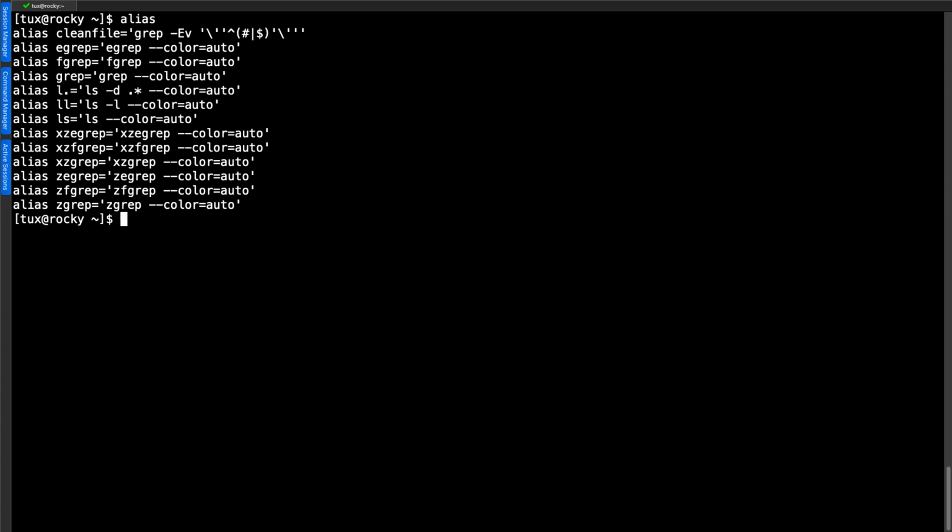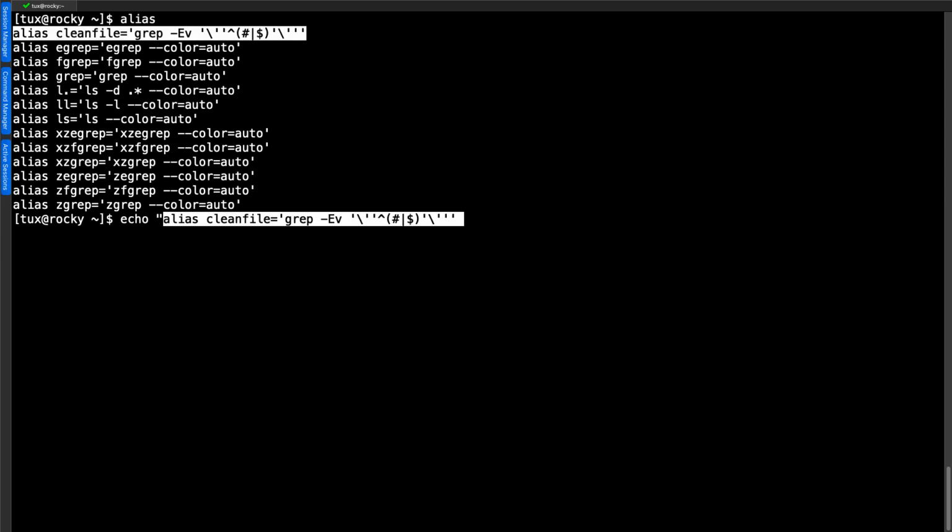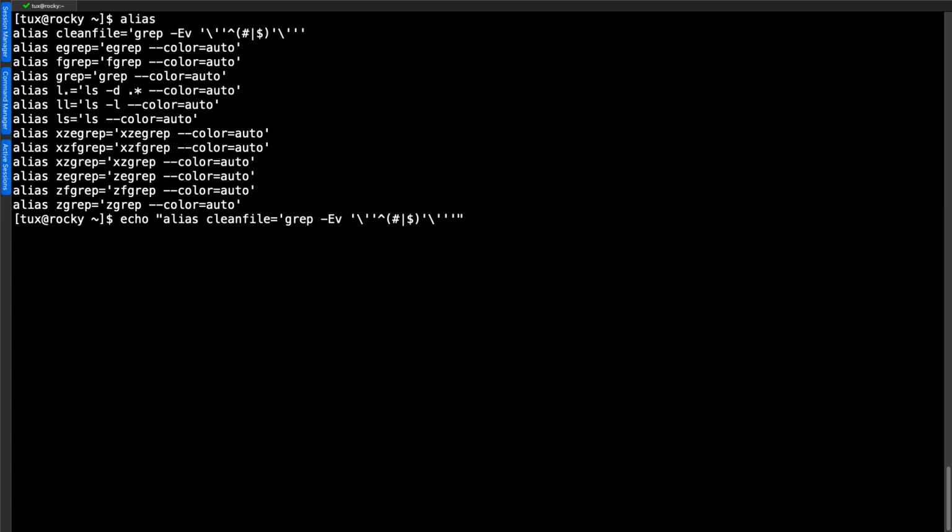We can add the alias to the login script. So if I then go through and echo the alias definition, I can put that inside of my double quotes, so I can redirect it through to my login script. I can grab hold of my alias, and I can close my double quotes. It looks a little bit weird with all of the extra quotes that we've got in, but then to append it, make sure we use two greater than symbols to append, writing through to my home directory and the .bashrc file.